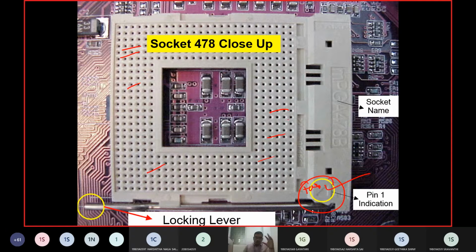Similarly, you have to plug the microprocessor chip into the socket. So where the pins have to be clipped, the joining positions, everything will be known here in this case. Okay.